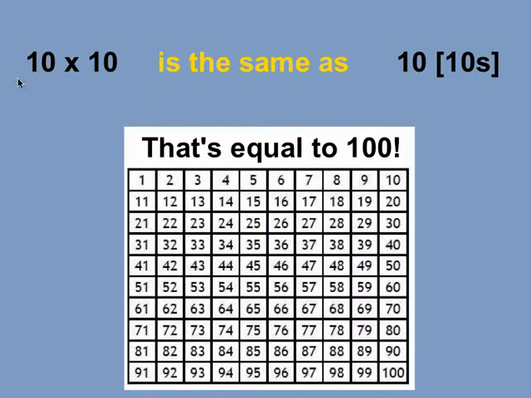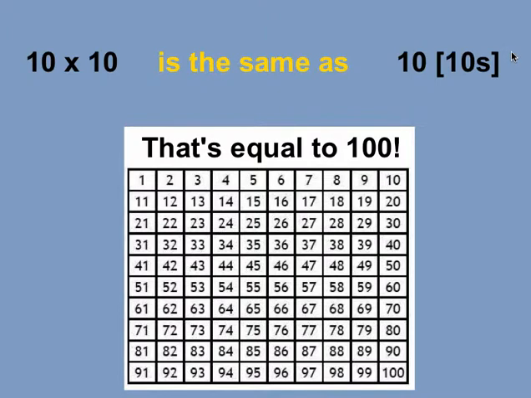Here's the first thing I want you to think about. If I have 10 times 10, that's the same as me saying I have 10 groups of 10s. And I know that 10 groups of 10s, or 10 by 10, is equal to 100. I have my hundreds chart down here below, and you can see that each row has 10. And then if I go 1, 2, 3, 4, 5, 6, 7, 8, 9, 10, I have 10 columns of